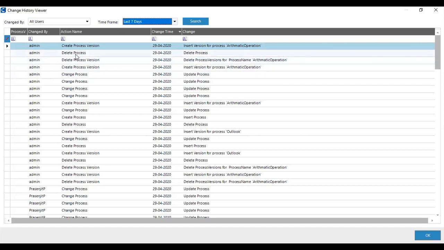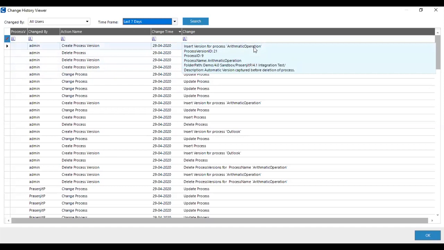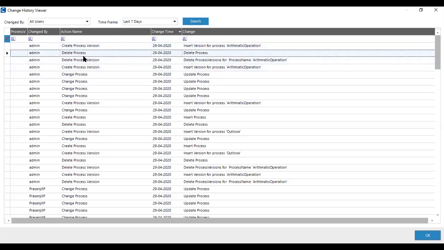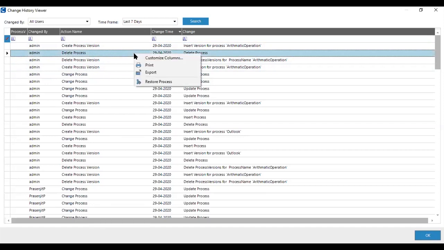See, in that change history, you'll find that a version is automatically created for the arithmetic operation which was deleted recently. And one step will be that delete process step. So if you want to restore the deleted process, you have to right click on the delete step and you can restore that process.